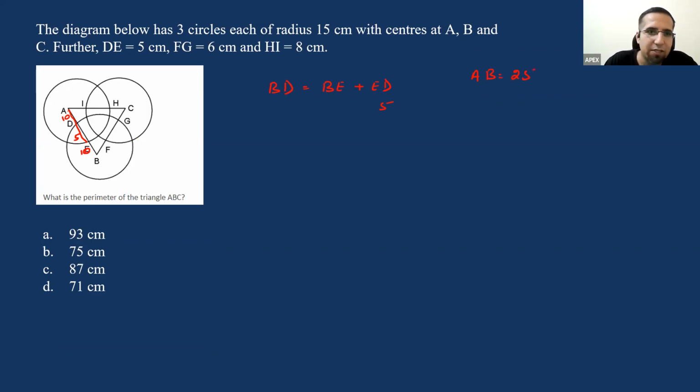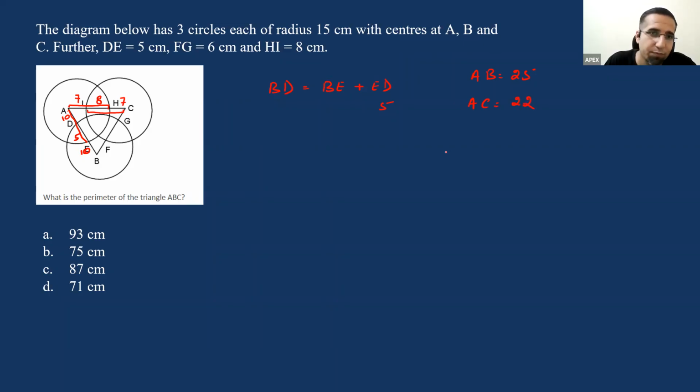Right. Now, similarly, I look at this as my radius. A to H is my radius for this part of the circle, and I'm told that HI is equal to 8. If HI is equal to 8, that means this part becomes 7, because 8 plus 7 is 15. Similarly, CI is the radius for this part of the circle. Again, this is 15 and this is 8, so this part becomes 7. So I can say that the side AC will be 7 plus 7, that is 14, and 14 plus 8